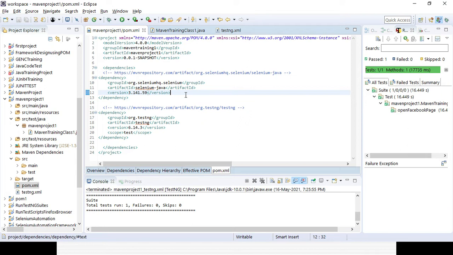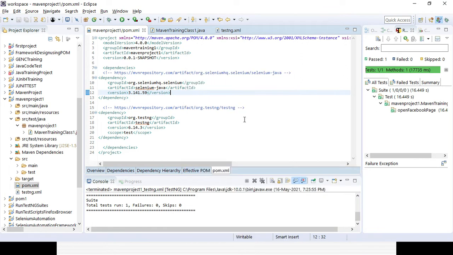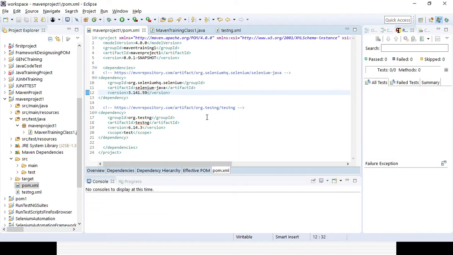So now if you want to run here, right click here, run as, you will find several options: Maven clean, build, right? Maven install, Maven test. So you can run directly, go to the Maven run. So definitely it will not run successfully, it will fail, because you need to add the Surefire plugin to run it successfully. So I did not add it as of now, right? So you need to add those plugins.